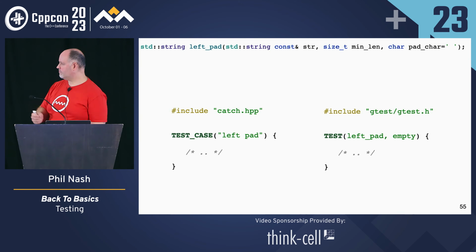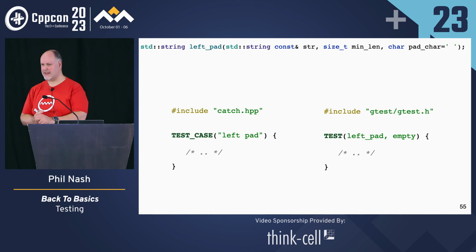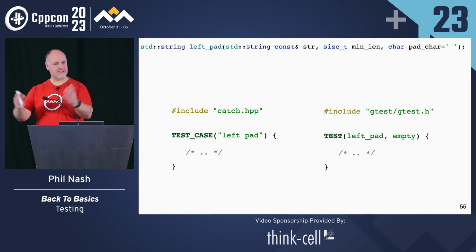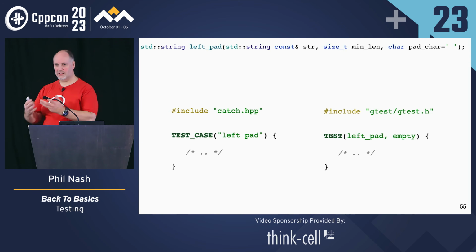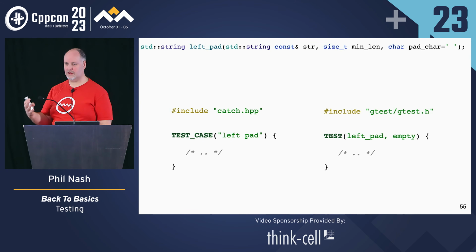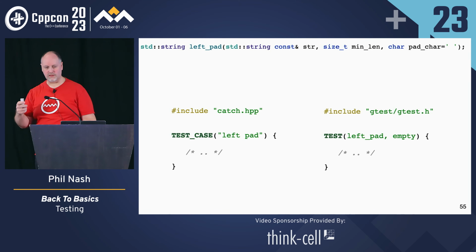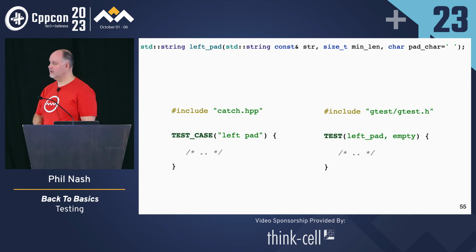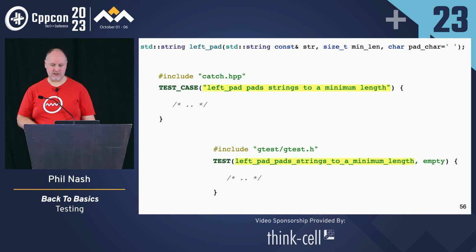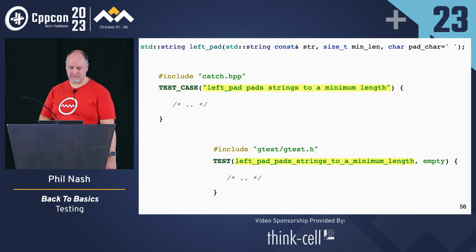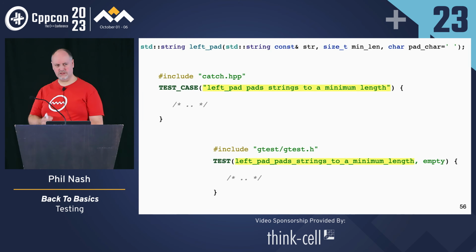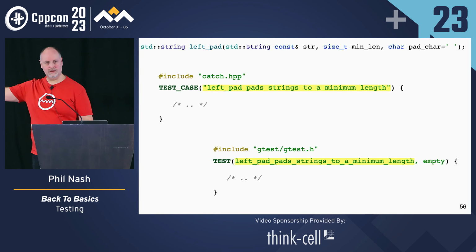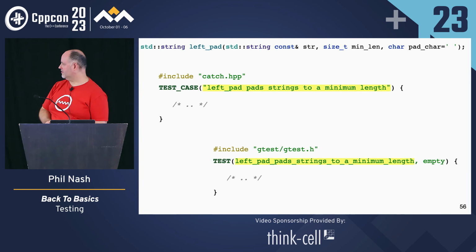Now, we might revisit the name. We'll talk more about naming later, but I think we can do better than just left pad. This is a very common pattern. You think, oh, I'm testing left pad, let's just call it left pad. But it doesn't really tell you why. It doesn't tell you what the tests are meant to be doing. And sometimes you don't even know that until you've written them. So do go back and revisit test names if they no longer reflect what you're testing. But we might write it something like this. Left pad, pad strings to a minimum length. It tells you a bit more about your expectation. And now we can see more clearly the difference between the different test naming approaches.